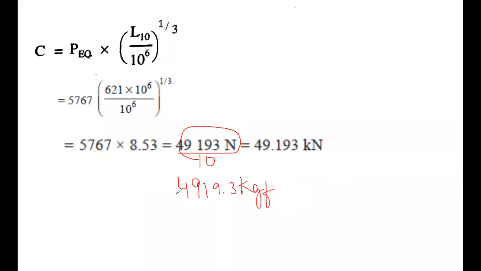For a single groove, deep groove ball bearing, against this load or nearby this load, in fact, a higher load than 4919.3, and against that load, whatever is the bearing number, you will be selecting from the manufacturer's catalog or the PSG design data book. And we have already done this previously. So this is the end of the numericals. Thank you.